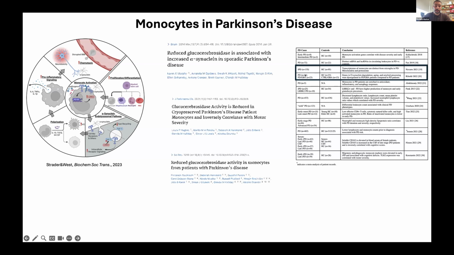And importantly, GBA1 function seems to be decreased in idiopathic PD as well, and it is highly expressed in immune cells like monocytes, and its activity seems to be reduced also in monocytes from sporadic or idiopathic PD cases, indicating that